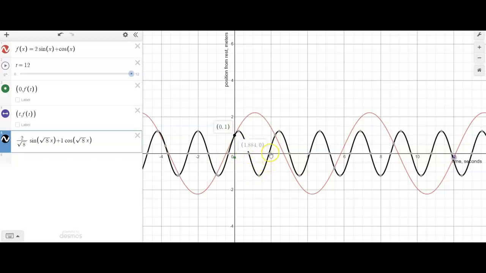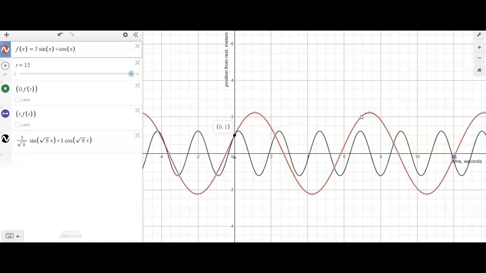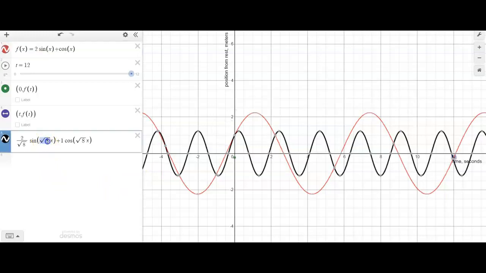It completes one full oscillation in 2.2 seconds, whereas here we completed one full oscillation, from peak to peak, that's going to be 2 pi, all right, because in this case, our period is going to be 2 pi over the coefficient, so period equals 2 pi over 1, so it's going to be 2 pi units from peak to peak. Here, our argument is square root of 8, and what I'm trying to say here is that